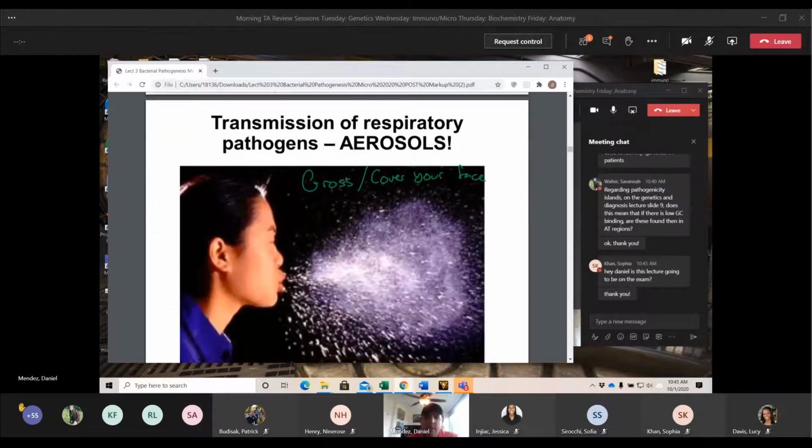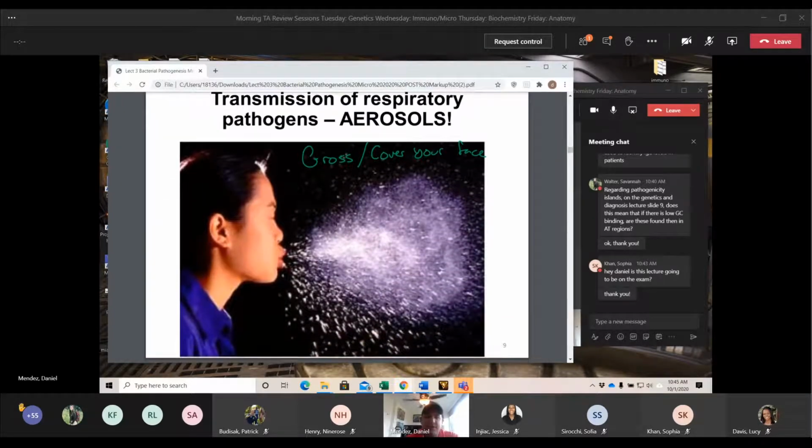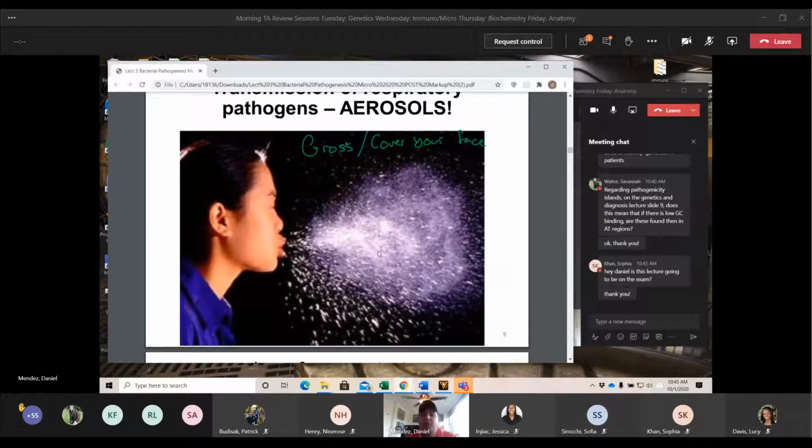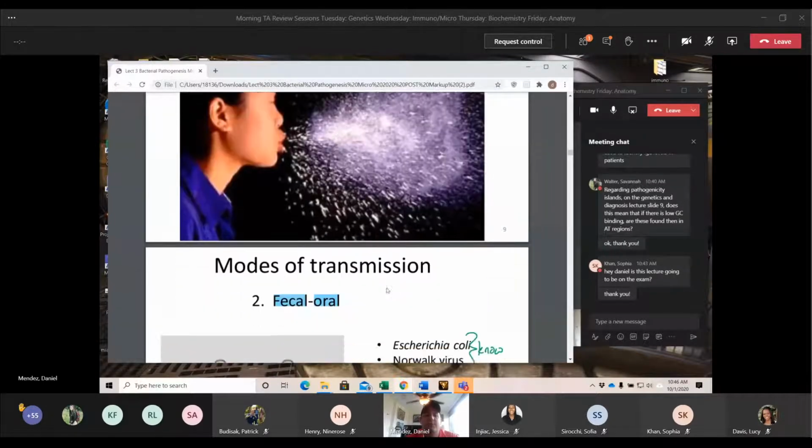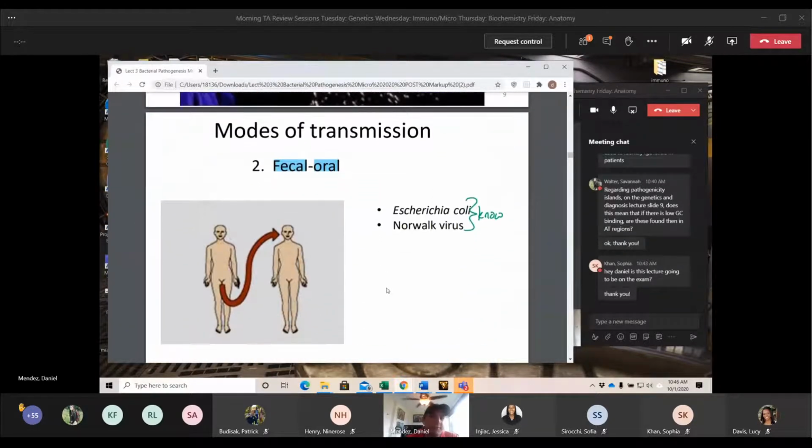Here, there's just that image that a lot of science teachers like to show. This is what an actual sneeze looks like. They've just adjusted the background and the camera so that way you can see all the aerosol droplets. You don't normally see all these aerosol droplets, but this is how those aerosols that influenza and tuberculosis can transfer from person to person.